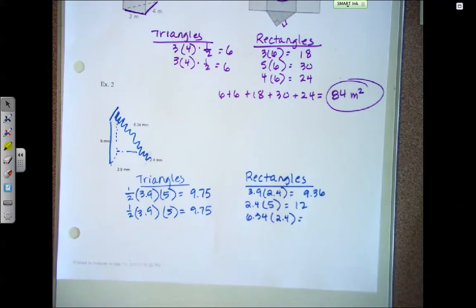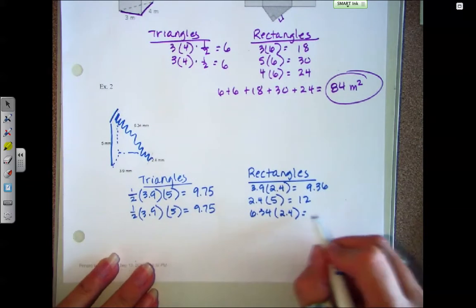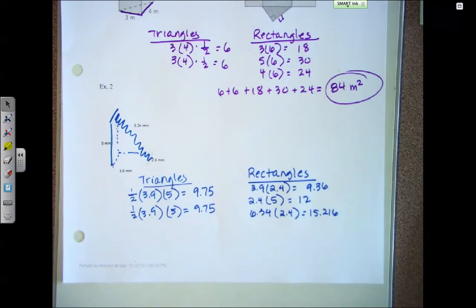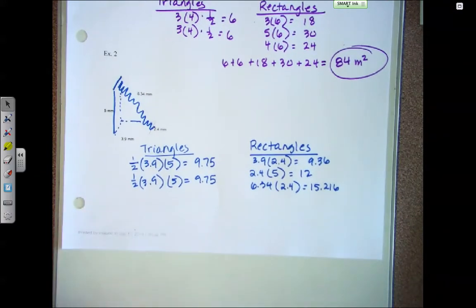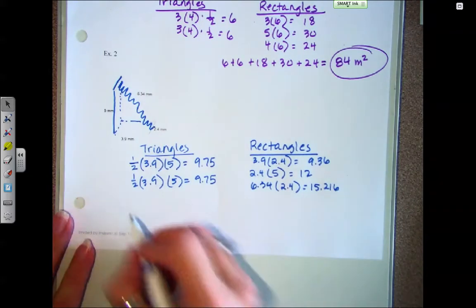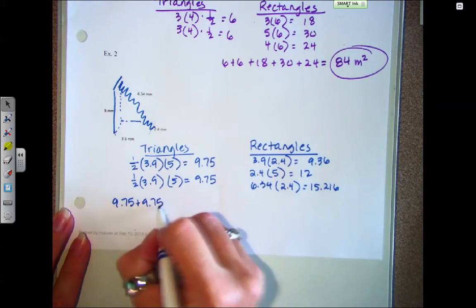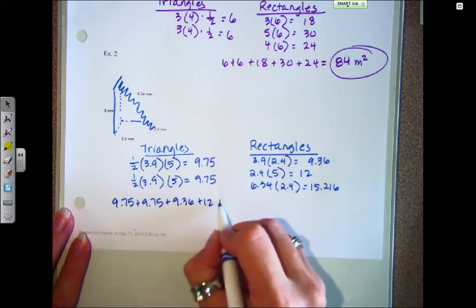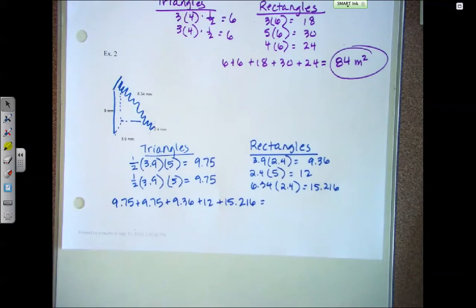All right, so 2.4 times 6.34 gives us? 15.216. Thank you, Dylan. What do you write here? 15.216. Good one. Now, what do I do with all of these? Add them all. 9.75 plus 9.75 plus 9.36 plus 12 plus 15.216 gives us